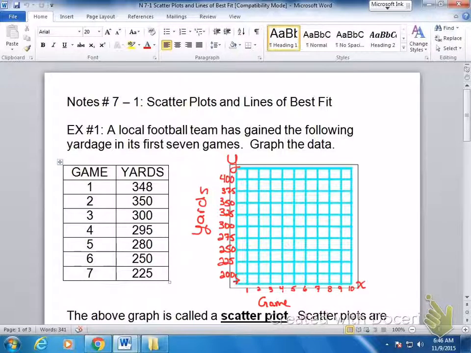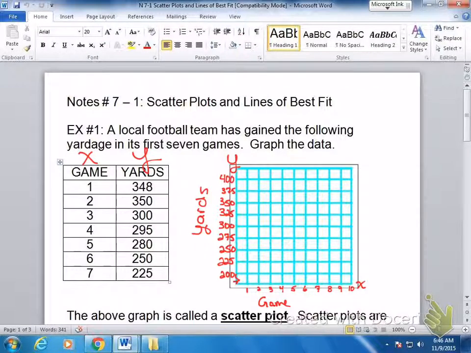A local football team has gained the following yardage in its first 7 days. It says graph the data. Now I went ahead and put my labels on here. I'm saying that my game is going to be my X values, my yards is going to be my Y values. And I went ahead and came over here, I labeled my axes. My X-axis is game, my Y-axis is yards, and I went ahead and filled out a window that'll help me